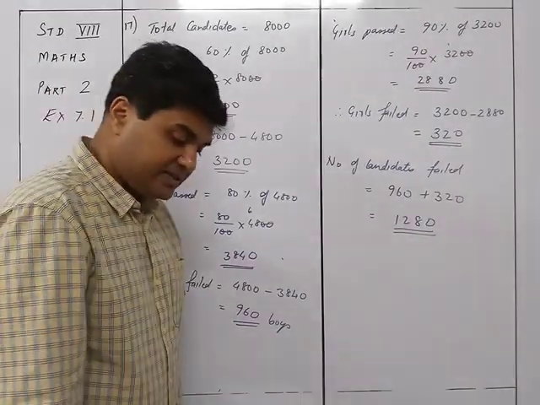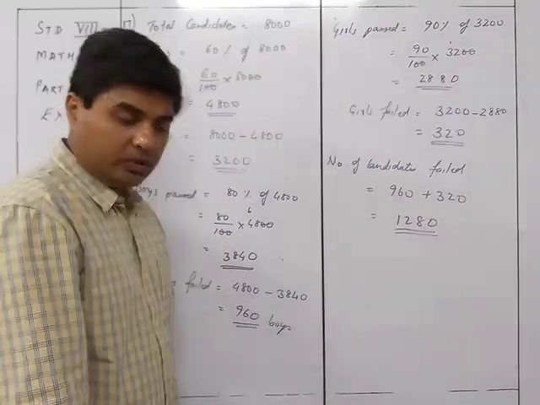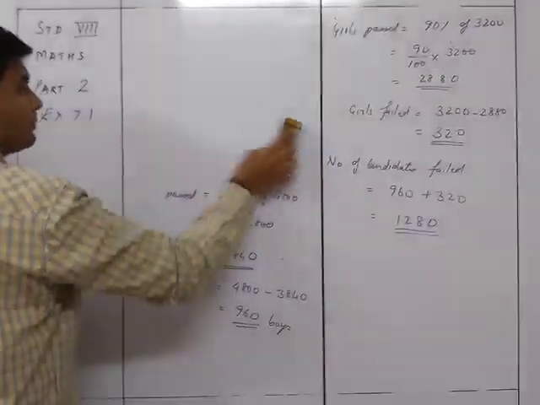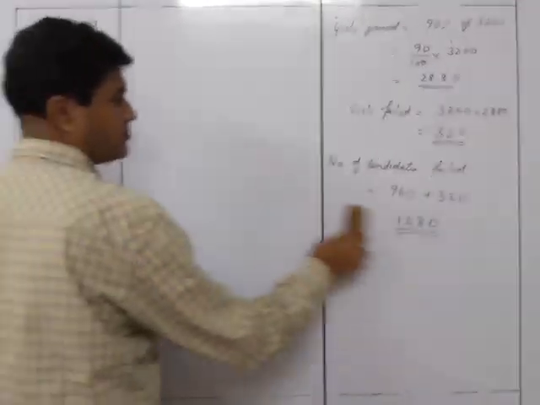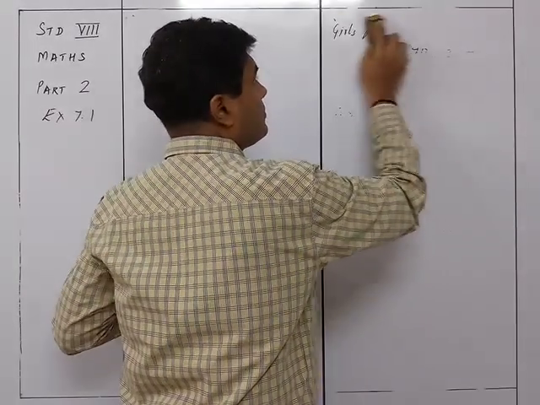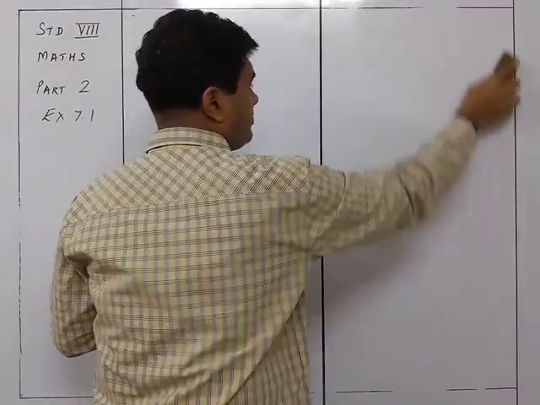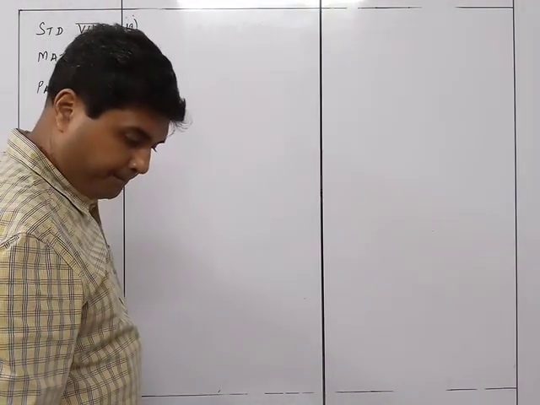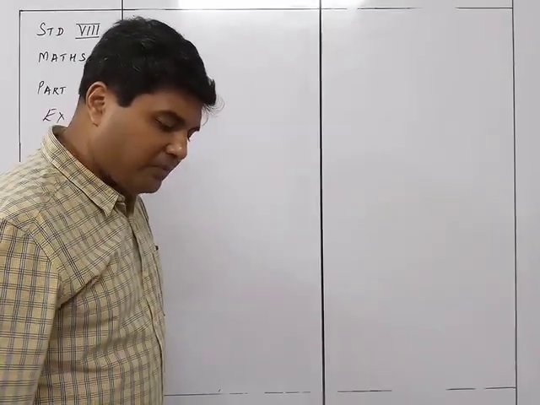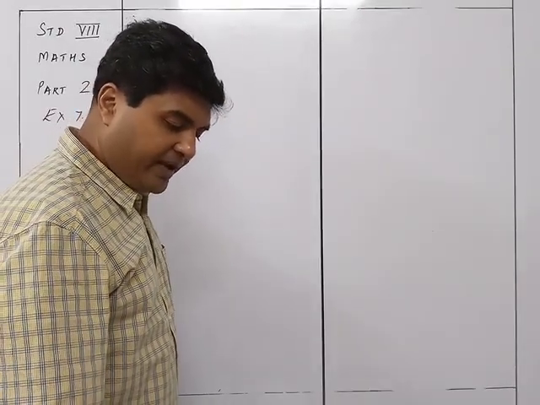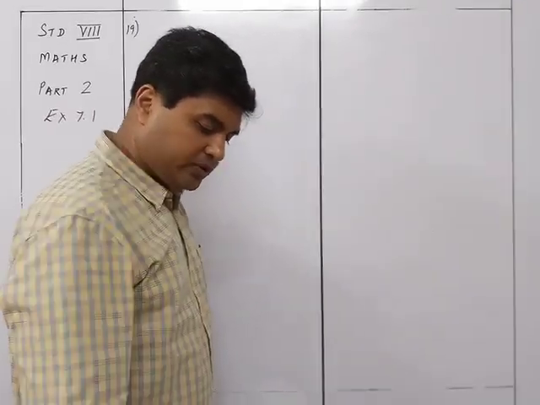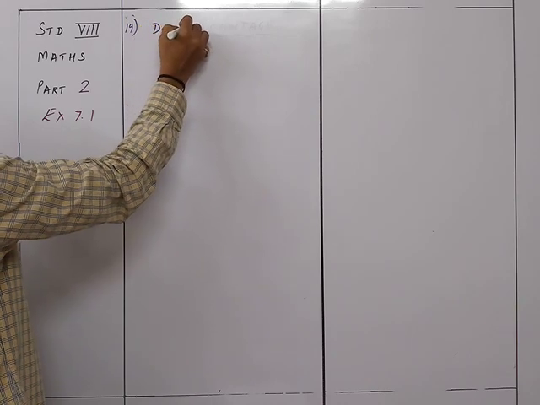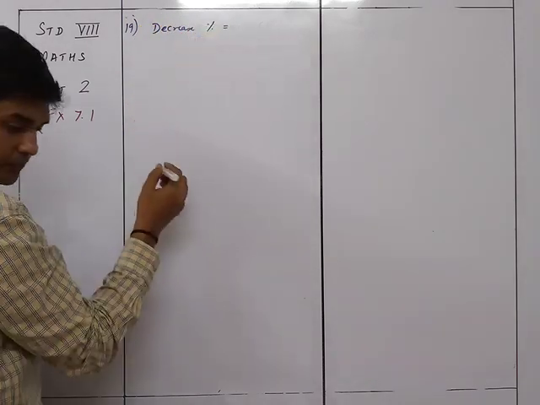That was sum number 17. We now move on to sum number 19. Pratibha reduced her weight by 15%. If she weighs 59.5 kgs, what was the earlier weight? Okay, so decrease percent is equal to